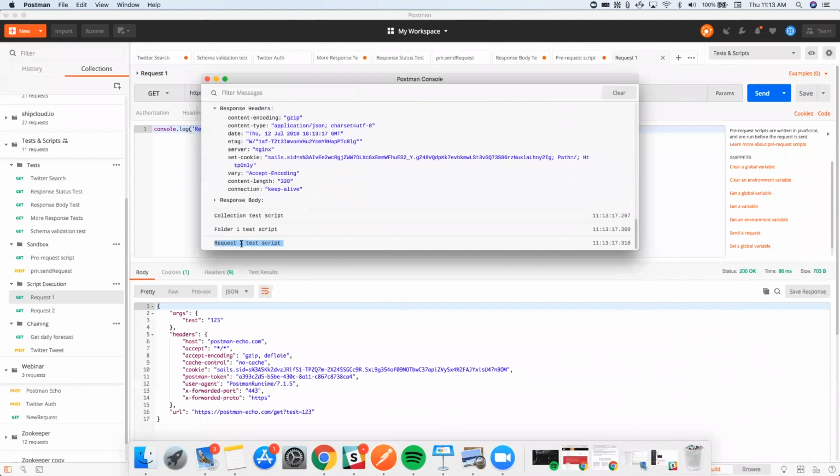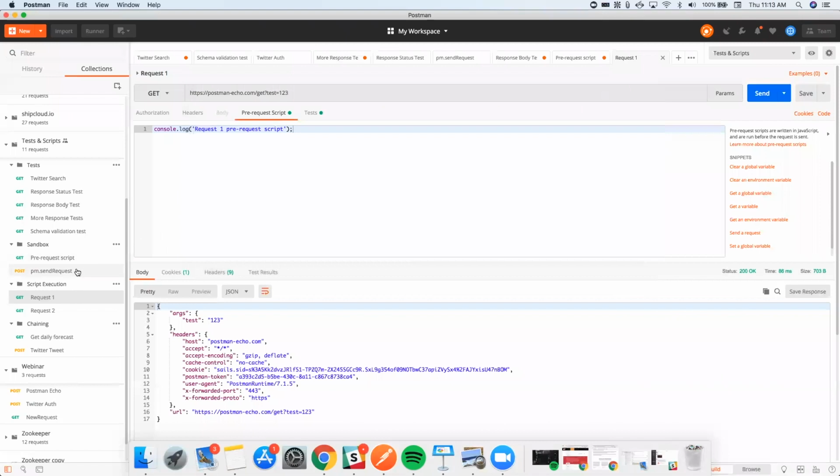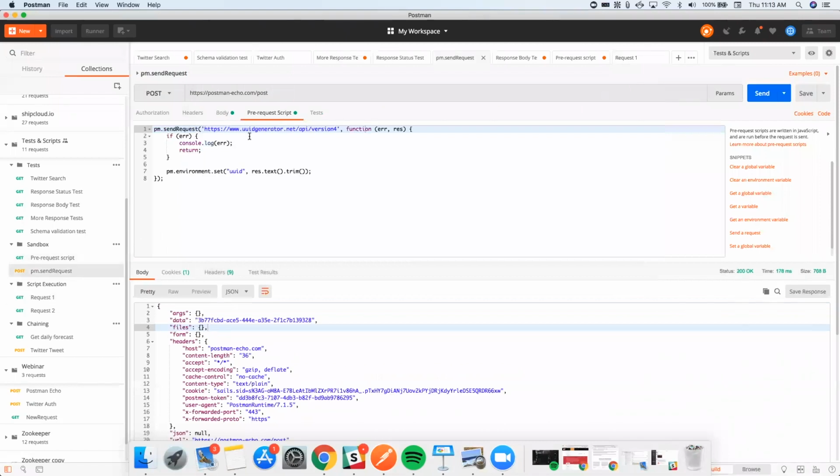So we had a question of how to run the post API from a pre-request script of another API. In the same way that you can send a request, you are able to post, similarly to how you would send a GET request, with the pm.sendRequest function. So if I've understood the question correctly,